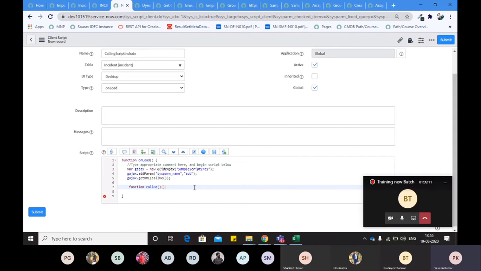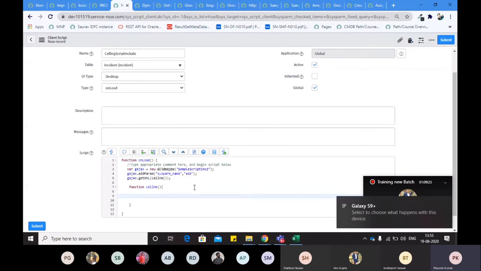Do you guys not know about the callback function? Anyone of you know about the callback? No, Praveen, no idea.